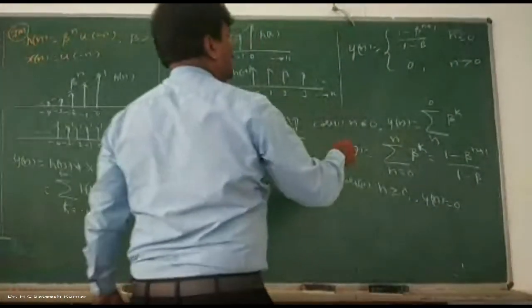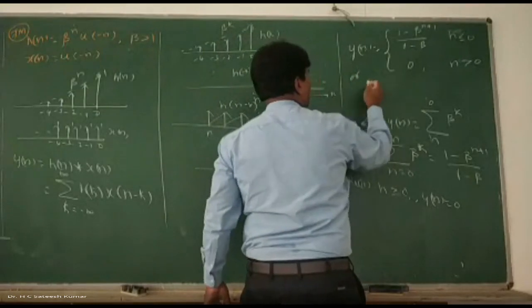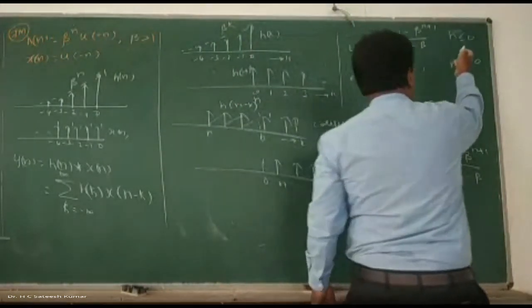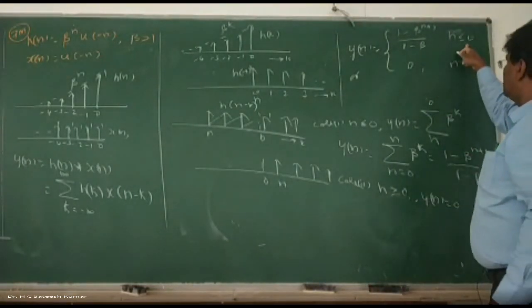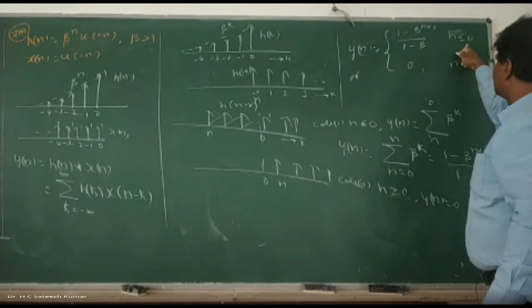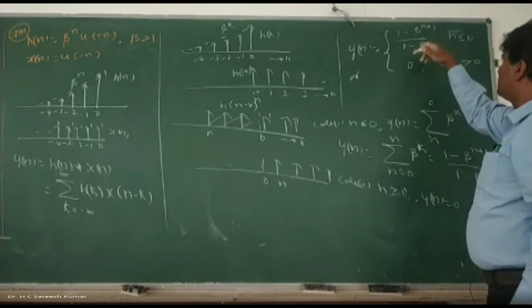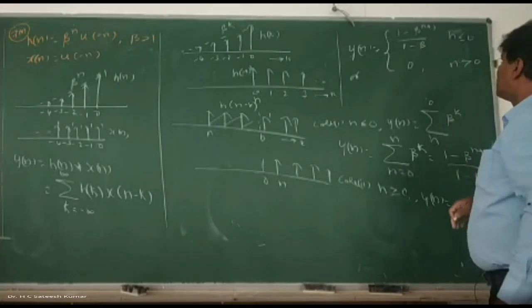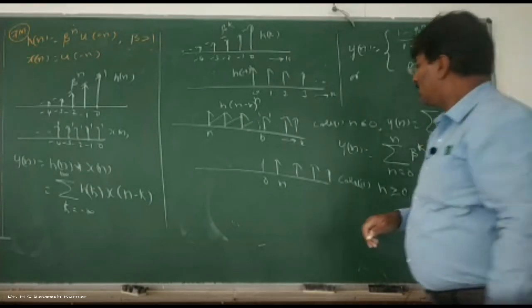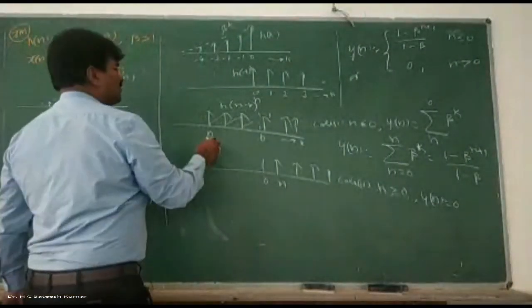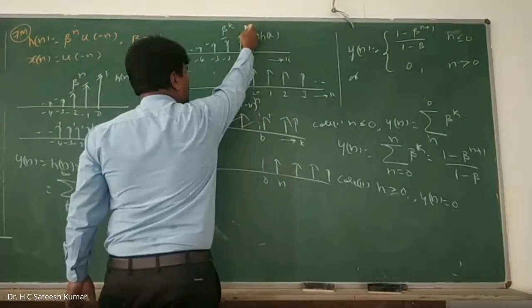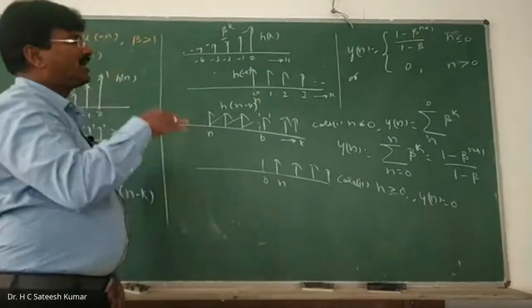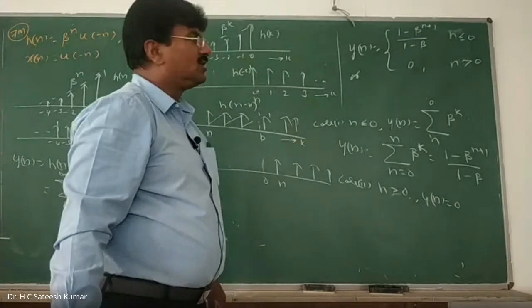Therefore, we can write it as n less than or equal to 0, minus infinity to 0, and 0 to infinity. At 0, what is the value? N is equal to 0, its value is 1 minus beta to the power of n plus 1 divided by 1 minus beta. So 1 minus beta divided by 1 minus beta is 1, we get it. Okay, right? At n equal to 0, only one element is there. Only one element means beta to the power of 0 is 1, 1 into 1, the answer is 1. For n greater than 0, no overlapping, therefore it is 0 only. That's how we can write it.